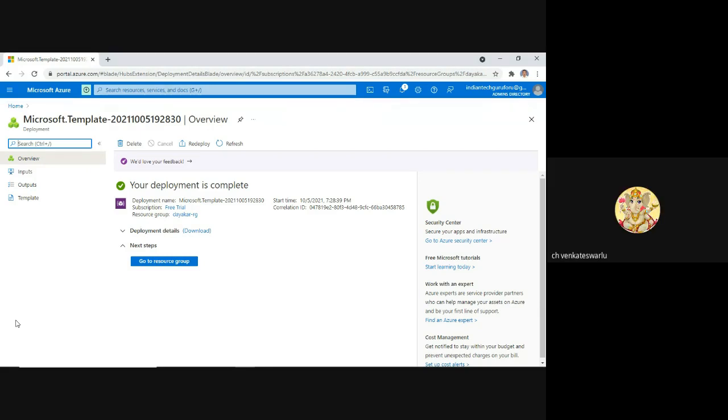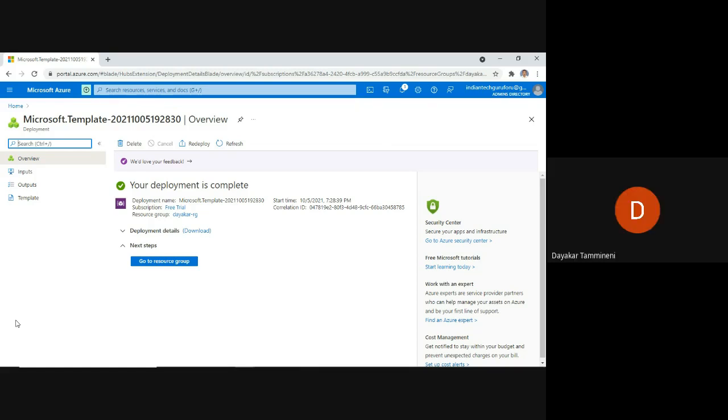Sir, if they are giving the template, then only we can create? Yes, of course. If there is no requirement, then we proceed with creating the virtual machine. If you are the Azure Administrator, then you have to create the ARM templates. If you are working as an Azure Data Engineer, then the Azure Administrator is going to provide you the virtual machine you have to use. The machine is created by the administrator only.